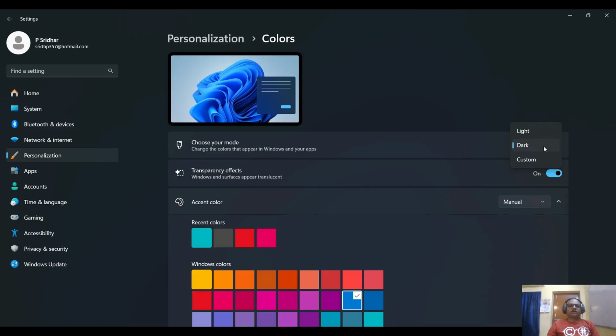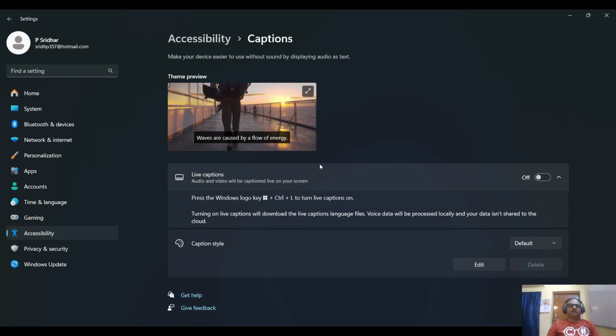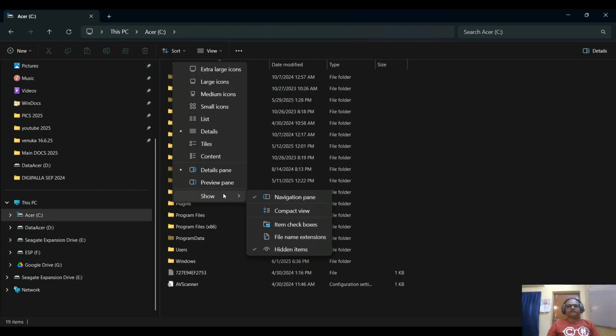The colors which are here, you can see the dark mode. You can make it light mode. These are the video captions. If you want, you can see them under accessibility captions. So this is File Explorer view hidden features. So all the